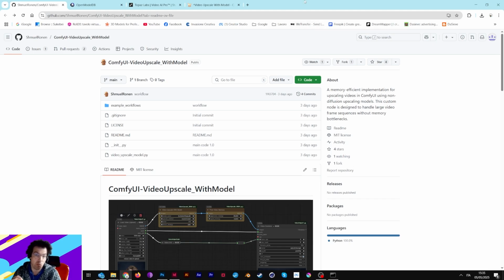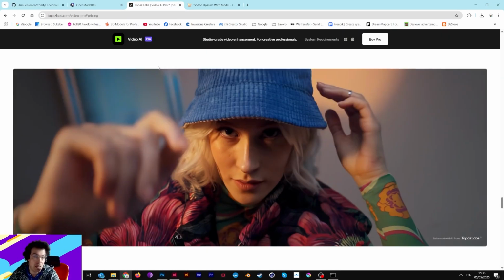If you're working from a professional point of view and you have to deal with proportion and ratio and of course definition, you need to upscale your work. And with images, it's quite simple. We use an Upscaler in our workflow, or you can use an upscaler like